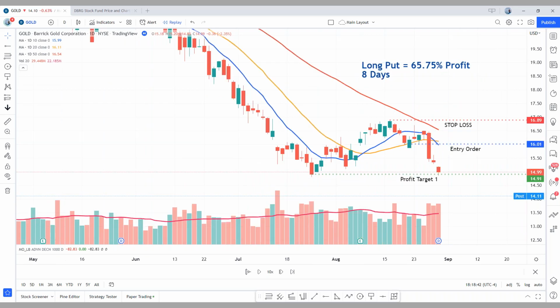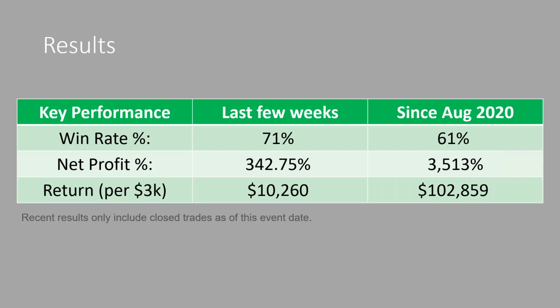This is a short, trading the option versus shorting gold. This is GOLD. This is not the precious metal. This is actually a mining company called Barrick Gold Corporation. But we identified a breakout, and instead of shorting the stock, we decided to buy the put option, and now 65% over 8 days. To give you an idea about the recent performance, we've been actively trading through this entire